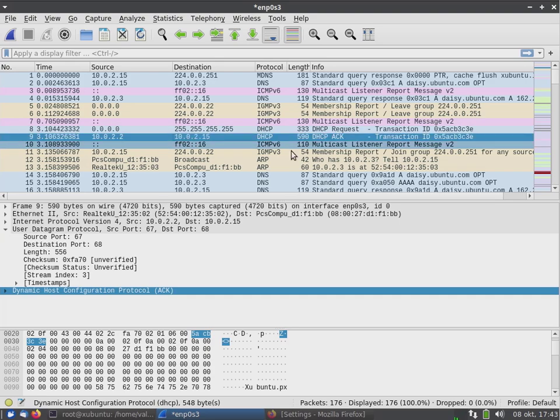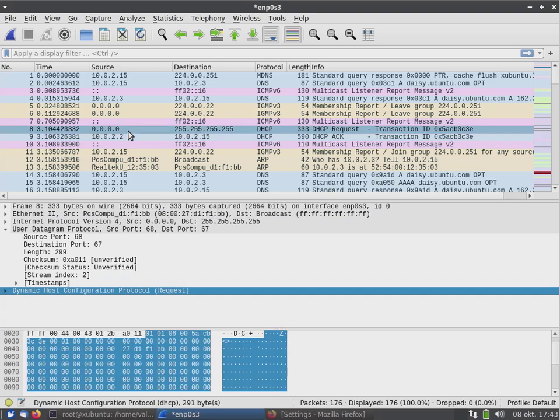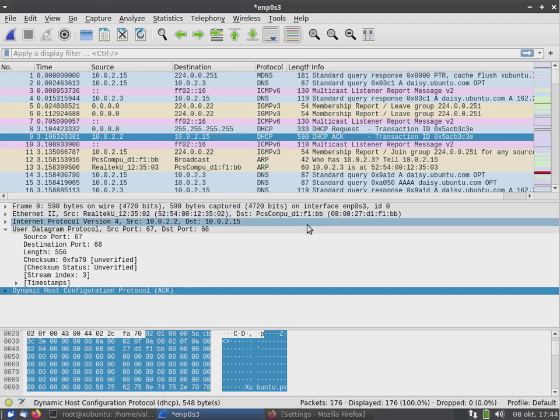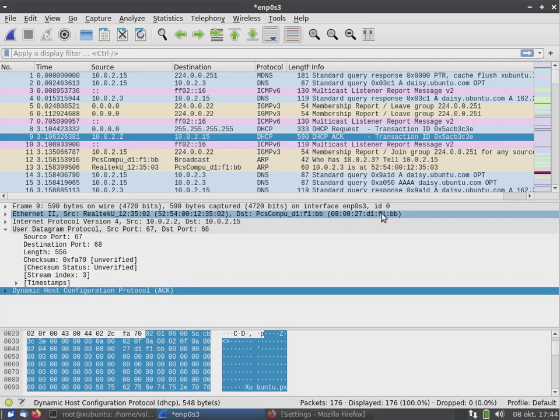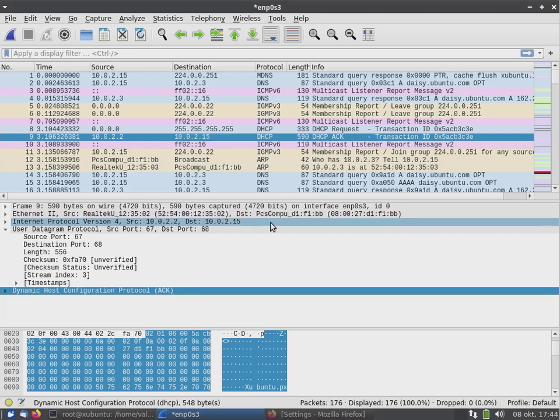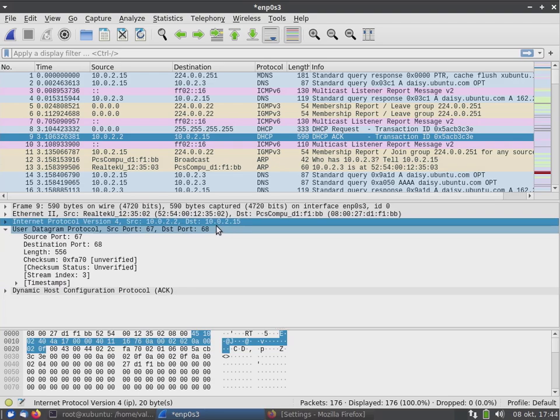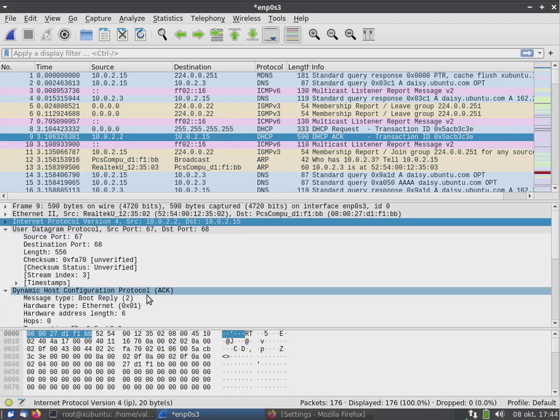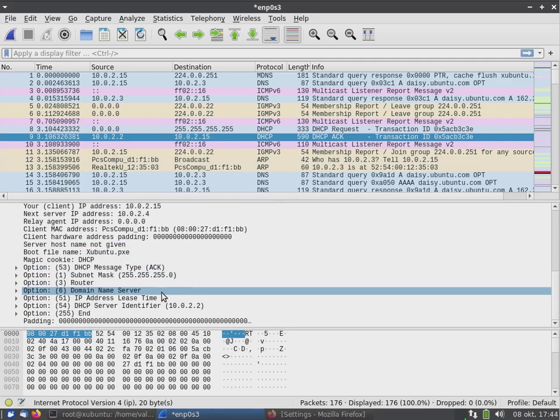This is the address given to this virtual computer here, and you see it sent this back to this particular network device with Ethernet address 080027 and so on. So it says that your IP address should be 10.0.2.15, and it may also add different kinds of information.